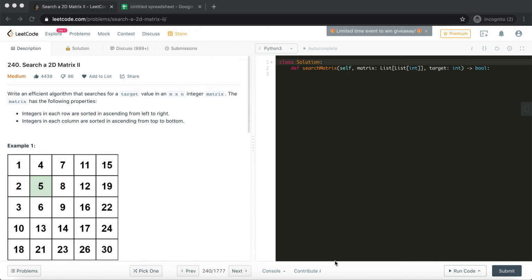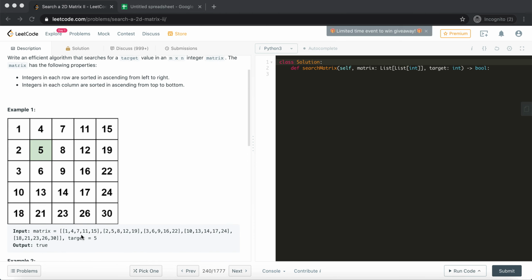So first, let's understand the problem statement. It's a grid based problem, we're given a grid. The property of this grid is special: every row and every column is sorted. As you can see, all the rows are sorted and all the columns are sorted. There is a target given to us, and we need to figure out whether the target exists in the matrix or not. We need to write an efficient algorithm that performs this search.